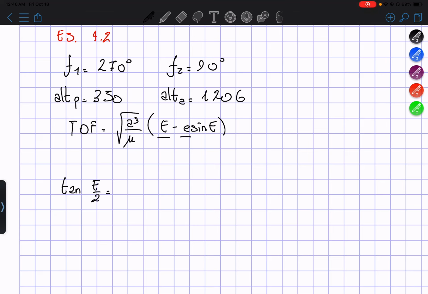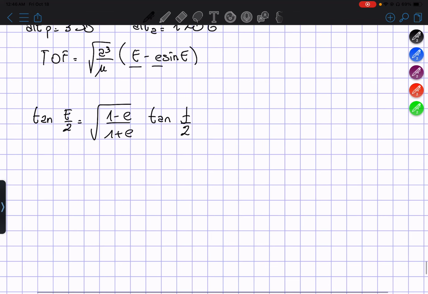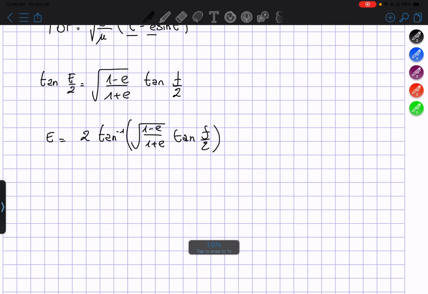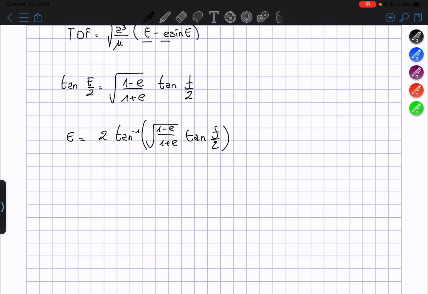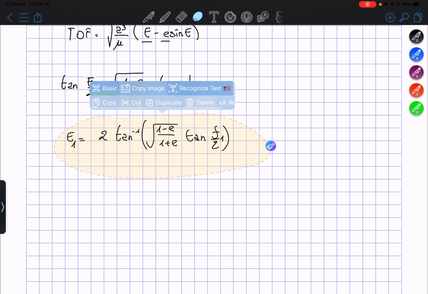What was it? Square root of 1 minus e over 1 plus e, tangent of f divided by 2. So here I have E equals 2 times tangent to the power negative 1 of the square root of 1 minus e divided by 1 plus e, times tangent of f divided by 2. And then of course we have to do it with both values. So I'm going to have an E1 at f1, and I'm going to have an E2